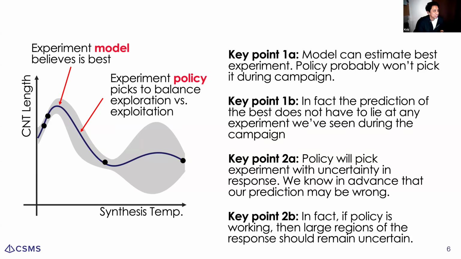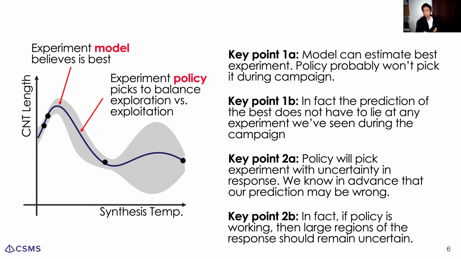There's a question. Let me read it, because it's kind of long. From the description of the difference between Bayesian optimization and machine learning, does it mean that with Bayesian optimization, it could tell us about the input that maximizes the response, but it might not tell us the value of the response accurately? So we shouldn't rely. Yes, that's true. That's another setting. We don't actually need to predict the value correctly. We just need to be able to predict that it is a good experiment.